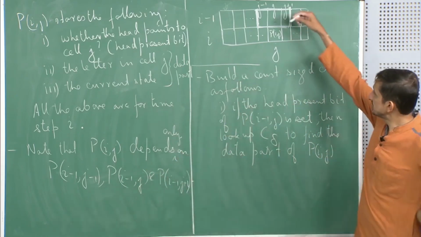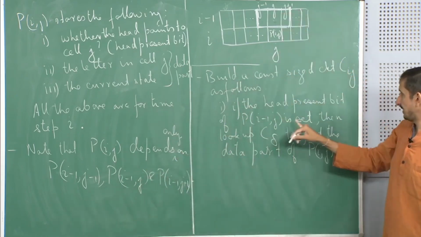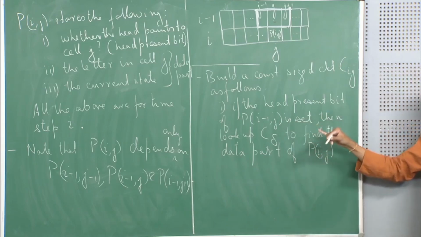Okay. So, suppose for this cell the head present bit was set, okay, that means it was set to 1,